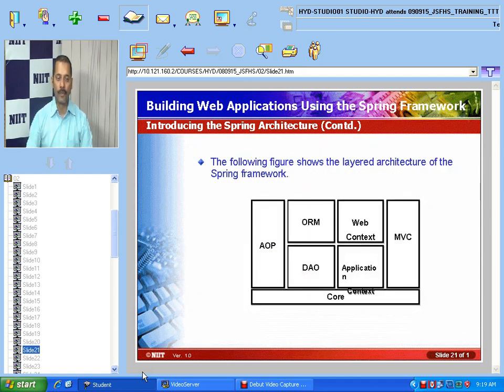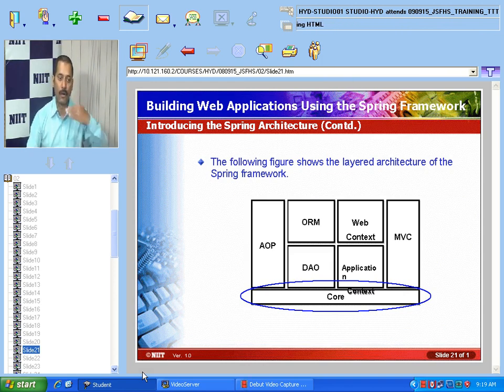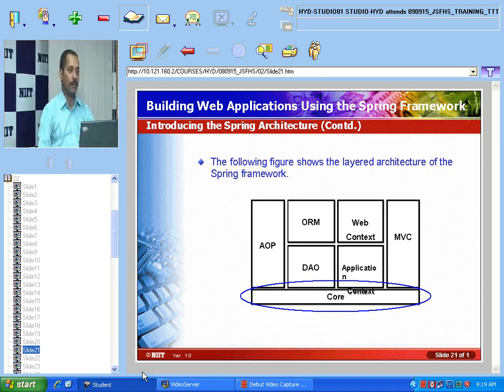In a Spring based framework, all the 7 different modules are based on the core module. This is my core module, and all the other modules fit on it.